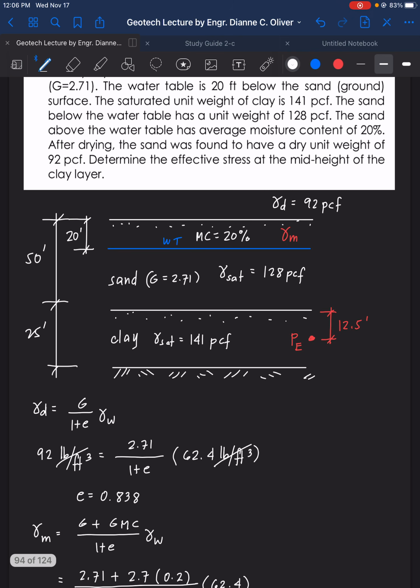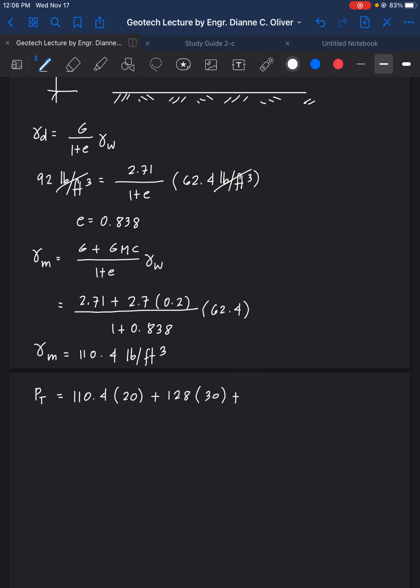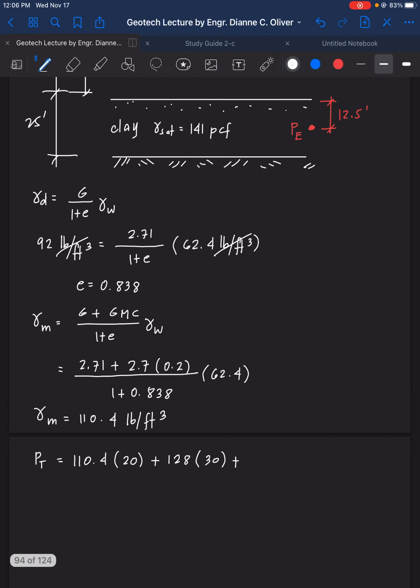It's 30 feet here. So then we have there, plus the mid height of the clay layer, we have there 141 PCF gamma sat, that is 12.5. So P total now is equal to